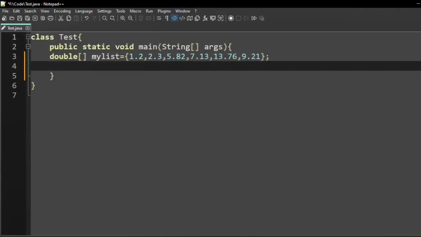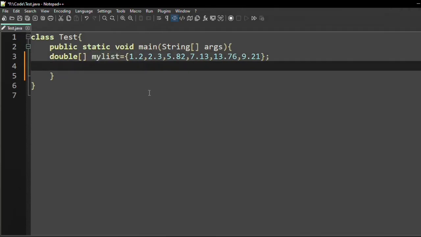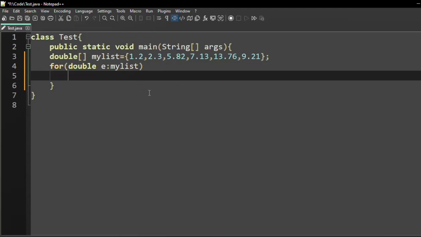So now we will see the implementation of for each loop. So we have one array and the name of the array is mylist. So we can write the for each loop like this: for double E, and the name of the array is mylist.